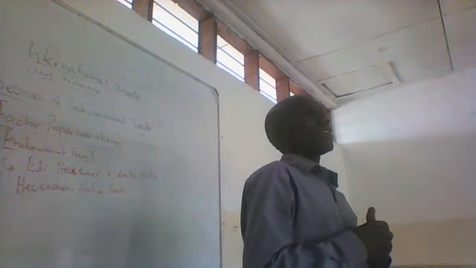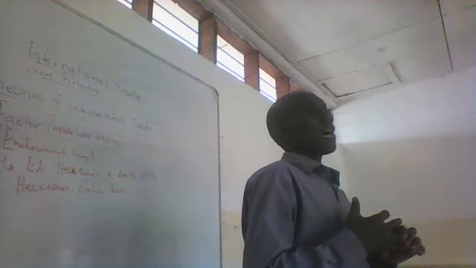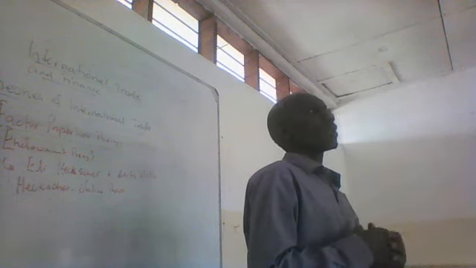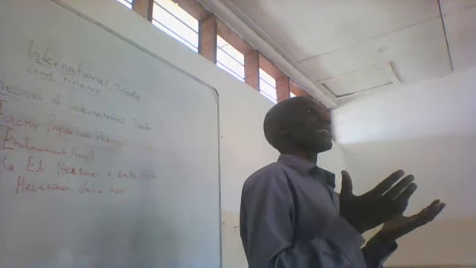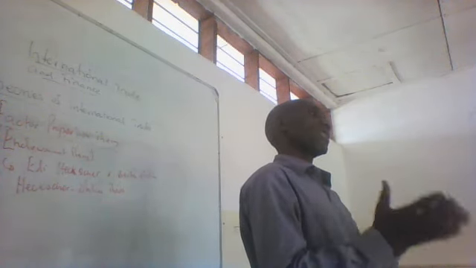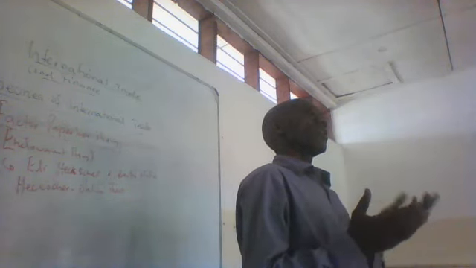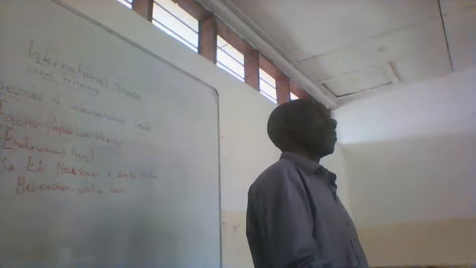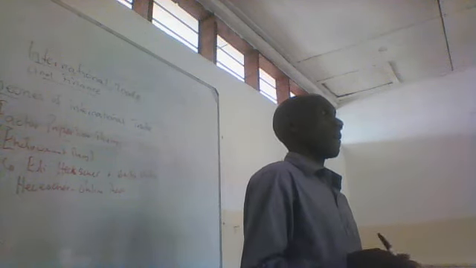And again, we have labor, capital, and then the entrepreneur itself, the enterprise itself. The way you do your work matters most. Therefore, we are looking at this in balance: even if you have land, but if you don't have labor, you are zero. You can have labor, but if you don't have land, it's nothing. So all these factors of production have to work hand in hand for things to do well. That is what Heckscher and Ohlin are saying here, right?